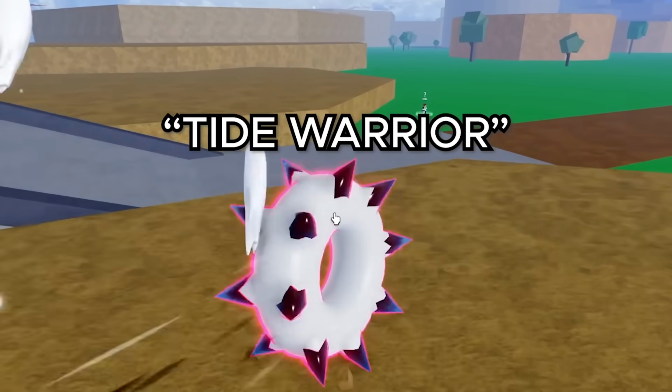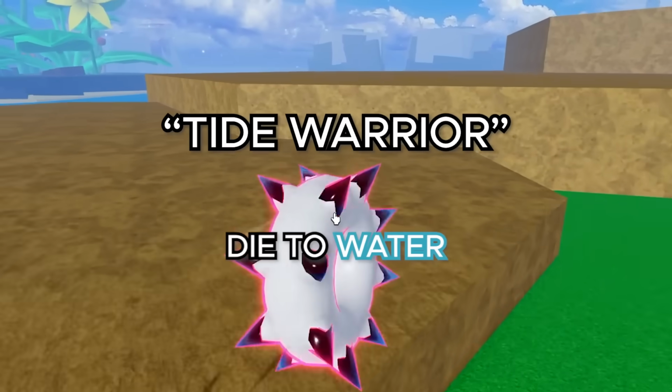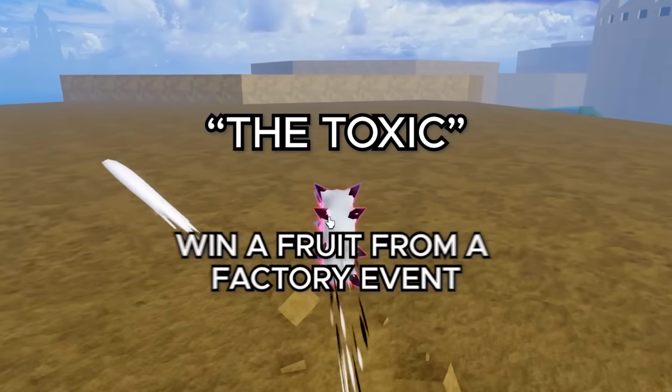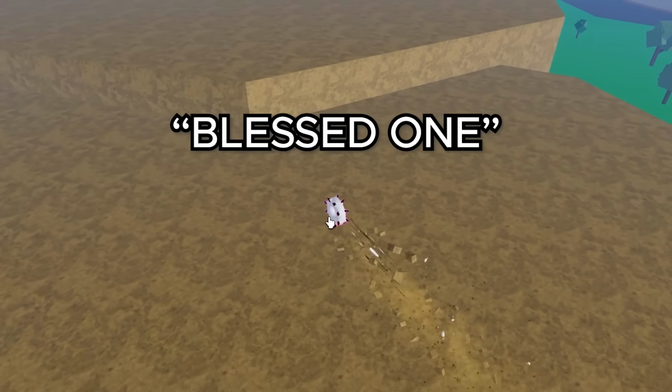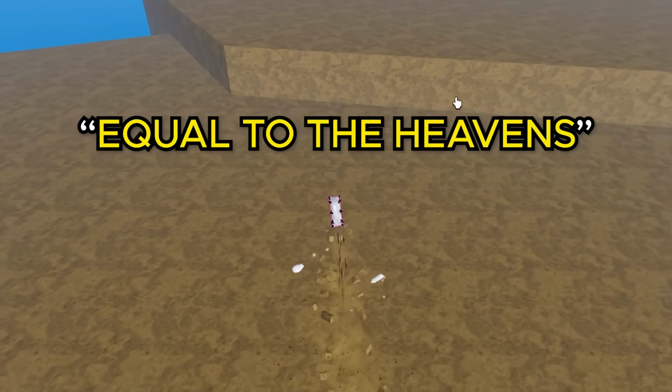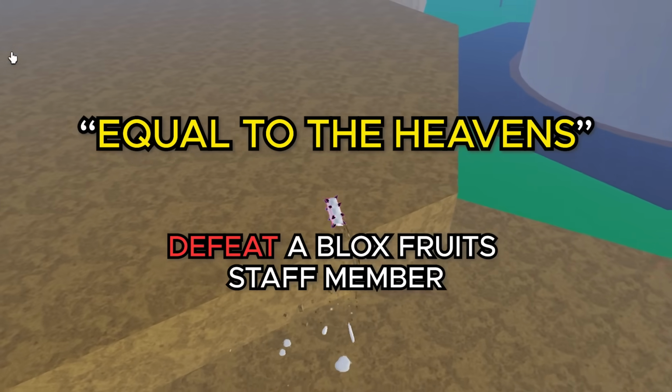Then we got Tide Warrior, and for this one you just simply have to die in water. Next we got the Toxic, and for this one you need to win a fruit from the factory event. Next up we got Blessed One, and for this one you just simply need to find a fruit that spawns on the map. Next up is Equal to Heavens, and for this one you need to defeat a Blox Fruits staff member,